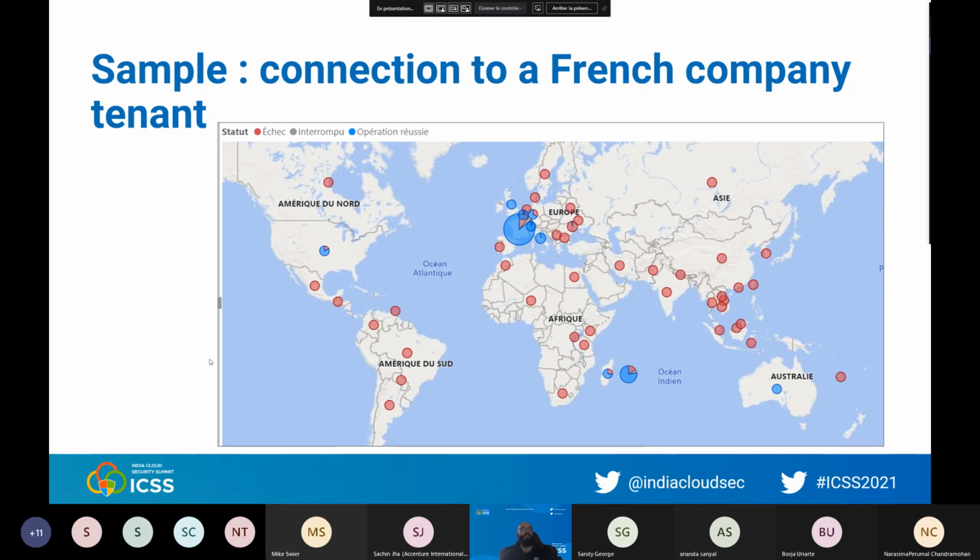And for this tenant, it was like a Christmas tree. You see people from all over the world trying to connect to this tenant, and when you see red dots, it means people without the proper password trying to connect from all over the world. This means typically that this tenant was under attack. And it's something that can really happen to any tenant. If you have only a password, someone will eventually manage to guess one password.